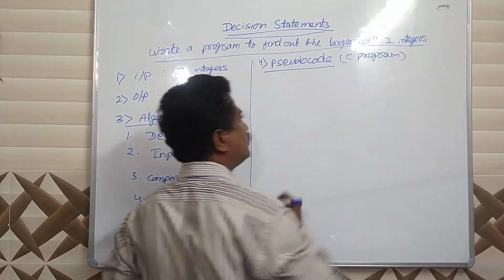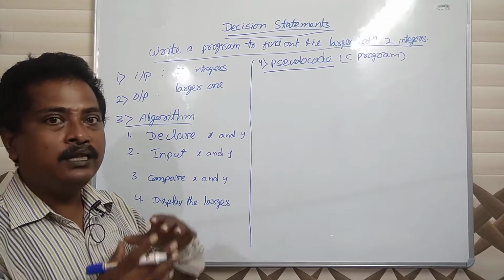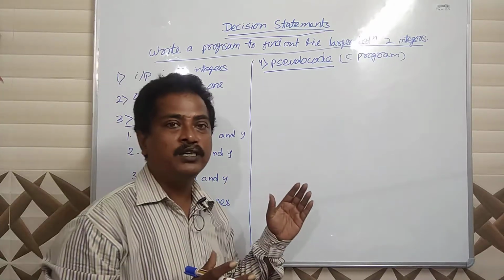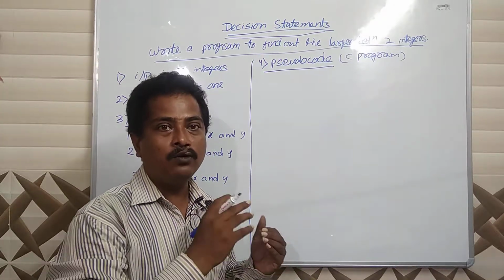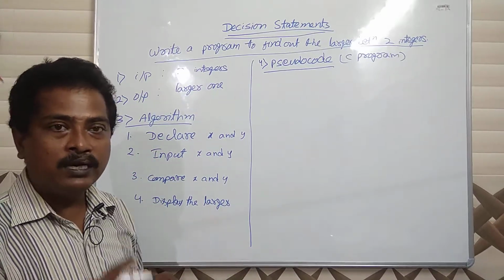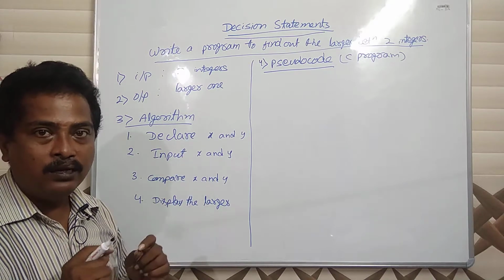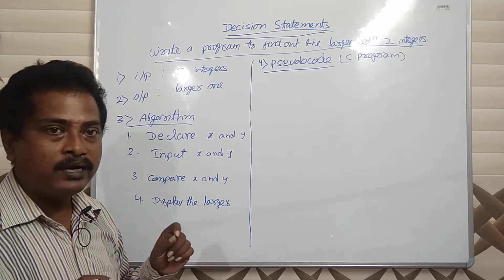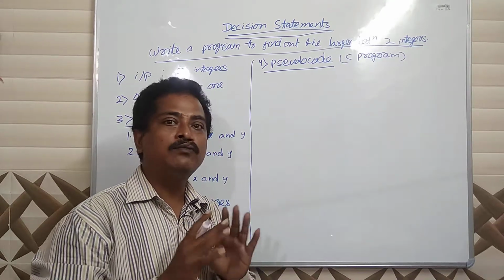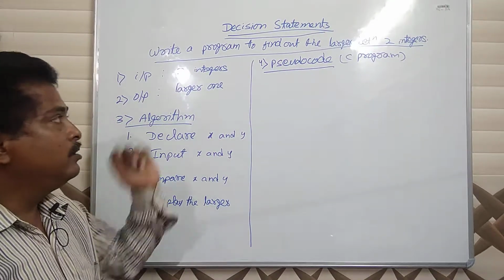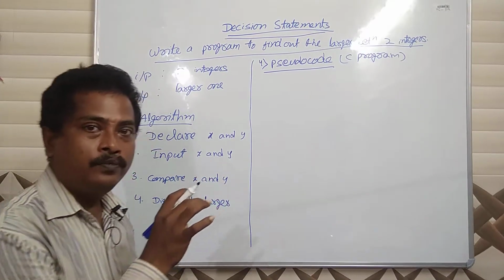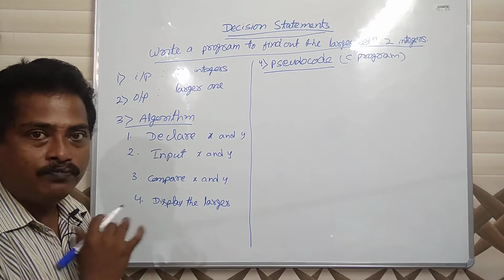So for the pseudocode of the C program, I am not writing the format. The format is the same for all programs. Already in 2-3 programs in previous videos we have seen the format: include stdio.h, void main or int main, opening curly bracket, and at the end if it is int main, return 0. If it is void main, don't write any return statement, then the closing bracket. That is the format of the C language, and it will be the same for all. So directly I am writing the pseudocode, meaning the body of the program.